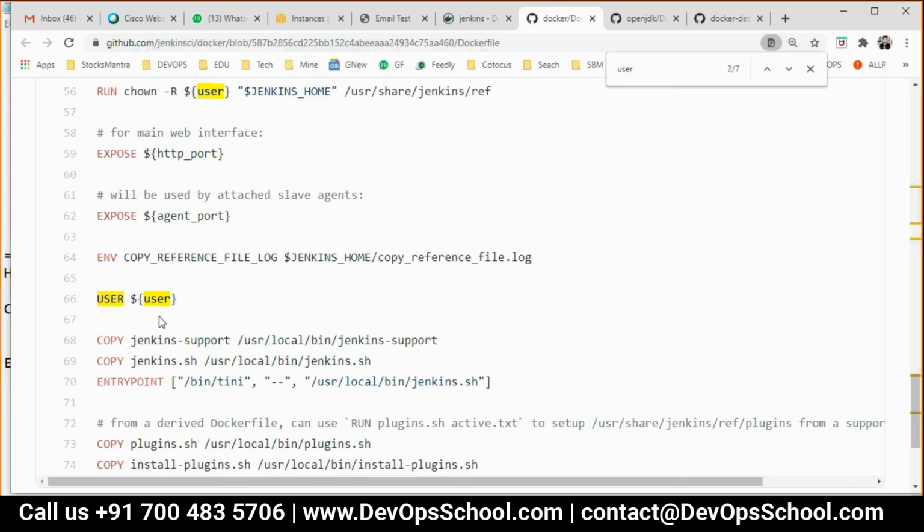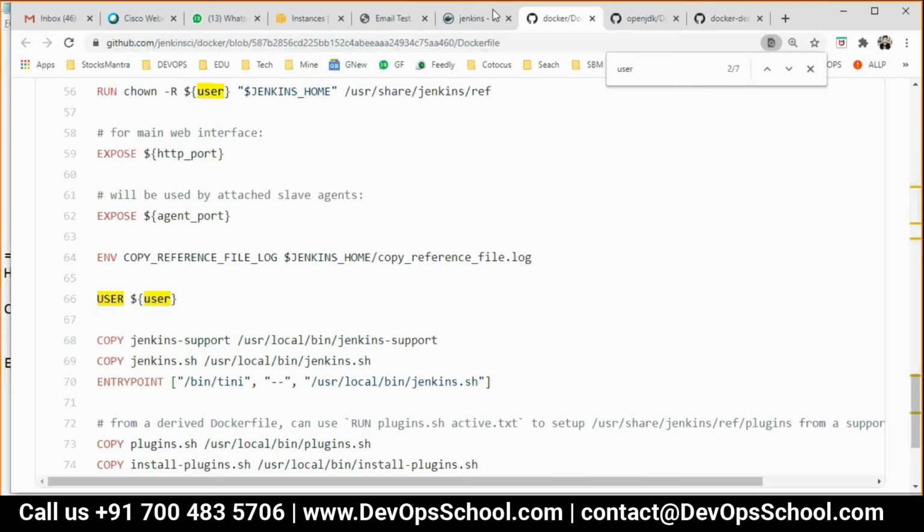Let me remind you, when you have any root file system, by default you get a root user, not any other user. That's the reason in the Ubuntu image we are getting the root user. So how do we run those containers with a different user? This statement will help you run that particular container with that particular user.